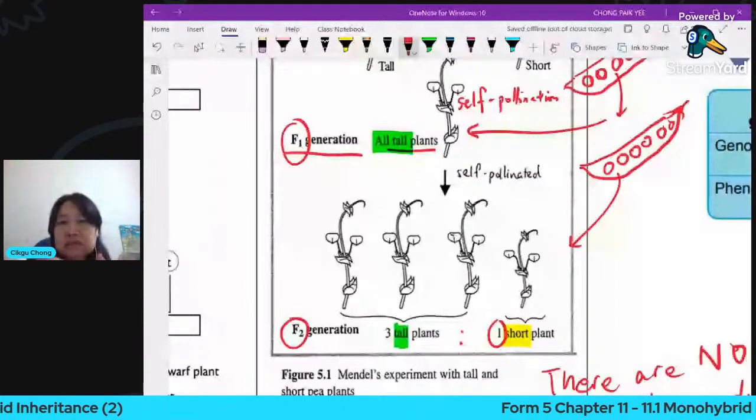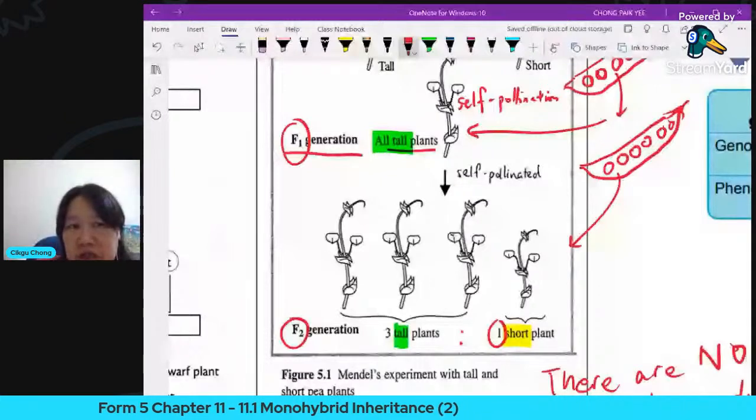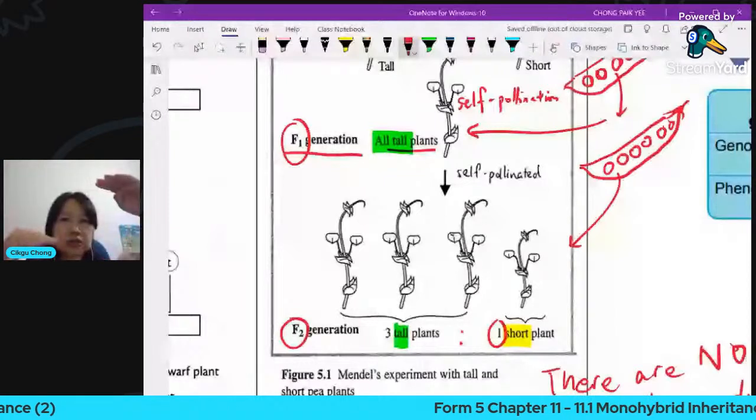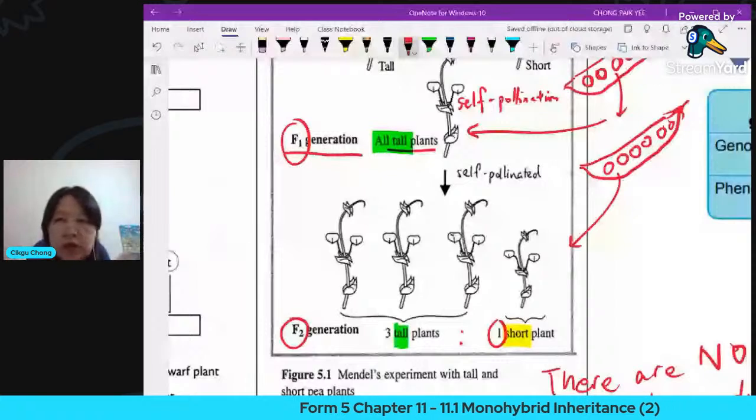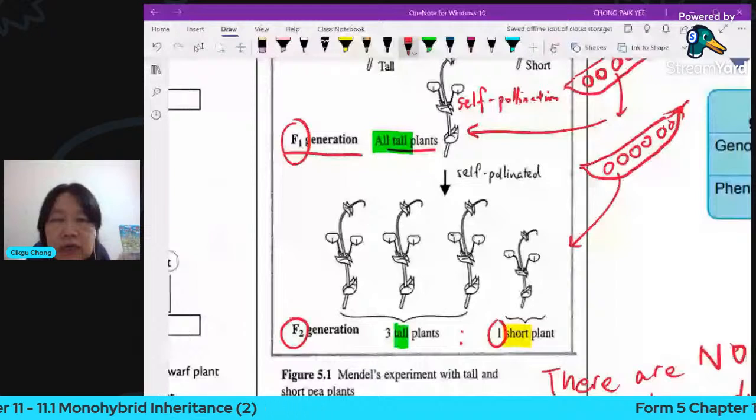Okay, now let's look at that. For your first generation, F1, no intermediate. The second, also no intermediate. Intermediate means we already mix tall and short, you get medium height. No such thing. Okay, now, how did he come to this conclusion? He explained it by saying that